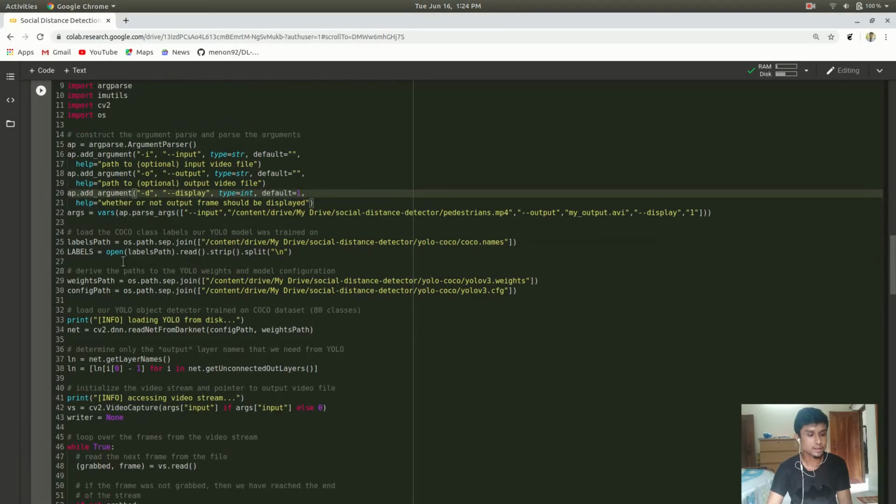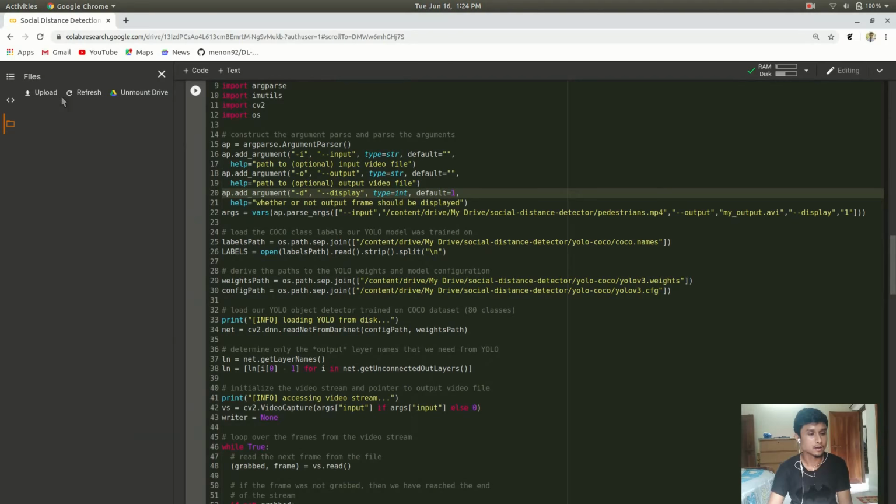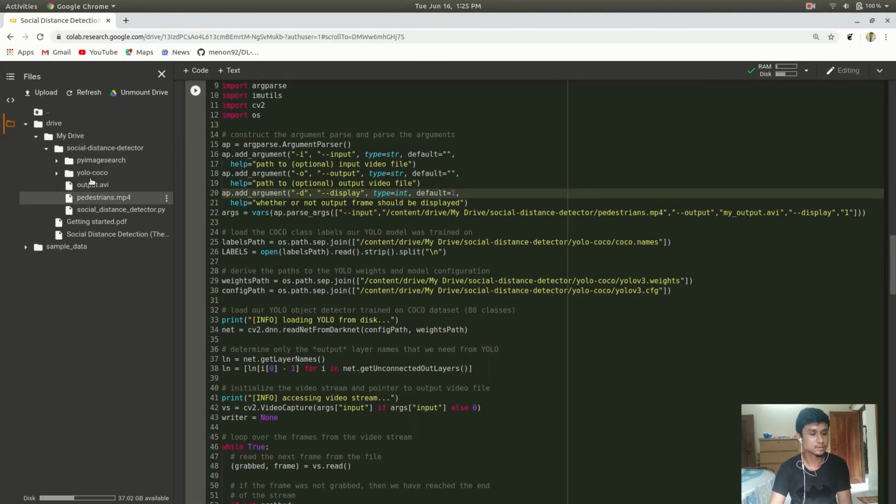I have uploaded the files actually in my drive. Here you can see the file section. Okay, drive and my drive and social distancing detector. You can see that this pedestrian.mp4 is over here. Social distancing detector, YOLO, COCO, output, API. Okay, all are here.